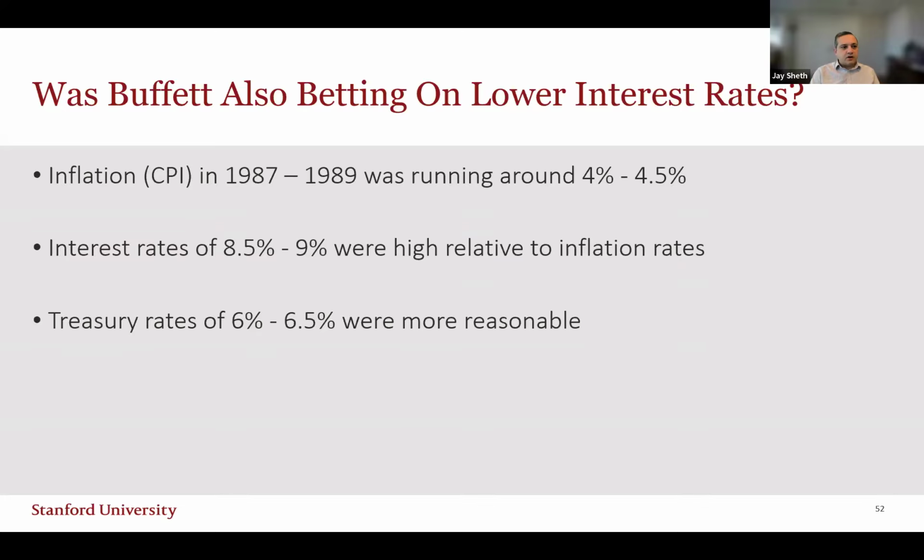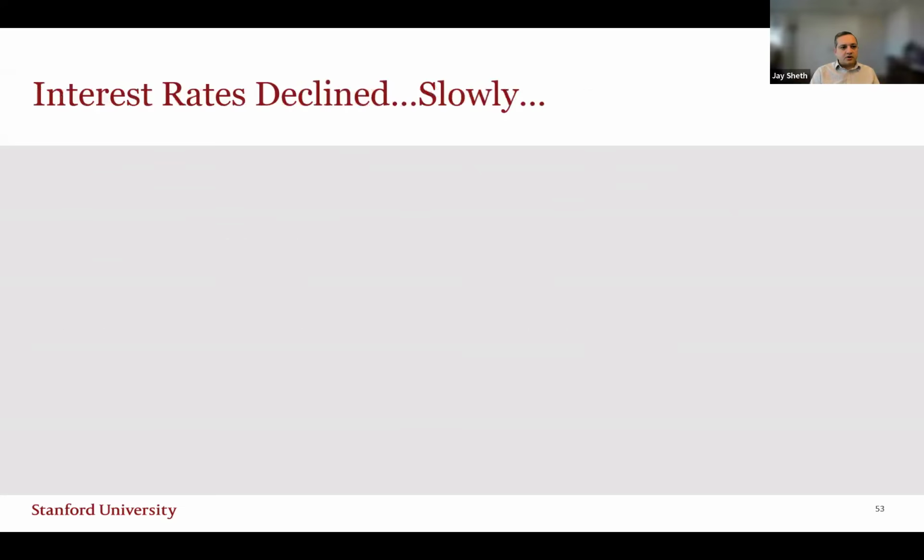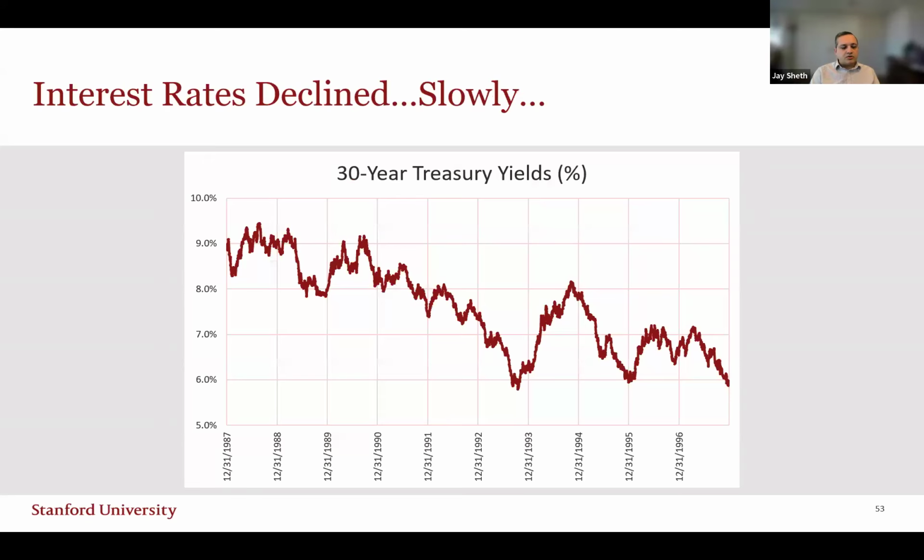And what did we see? Well, interest rates did decline, but slowly. So 30-year yields were still around 9 to 9.5%, and stayed around that range, fell to 8%, and really didn't fall down to 6% until late '93, and then